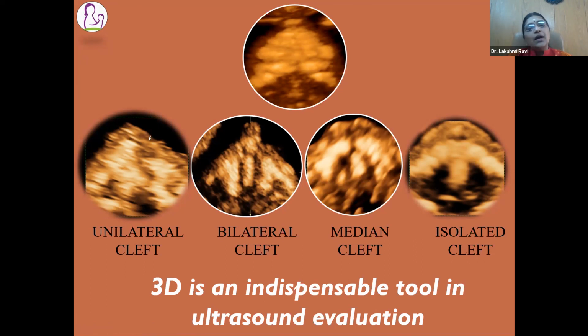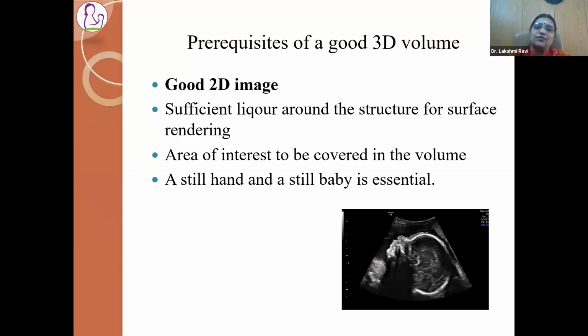And obviously, the more you try with volumes in the normal ones, because on one fine day when you find an abnormality, you should not jump to think of doing a 3D ultrasound in that particular case. You have to practice it in the normal ones, evaluate the planes, the sagittal, axial, and coronal planes, do multiplanar imaging, play with the reference dot. Then the abnormal ones will be very, very easy for you.